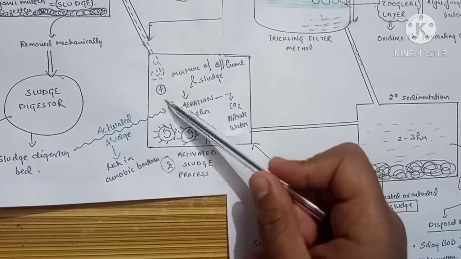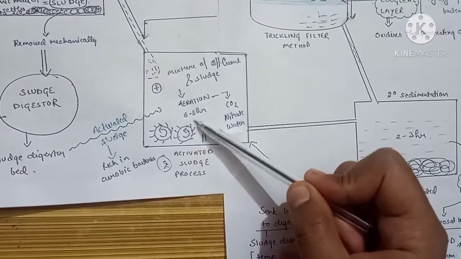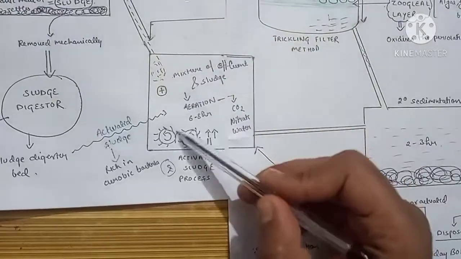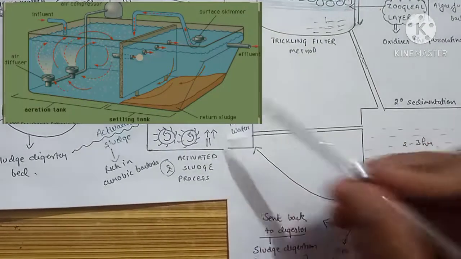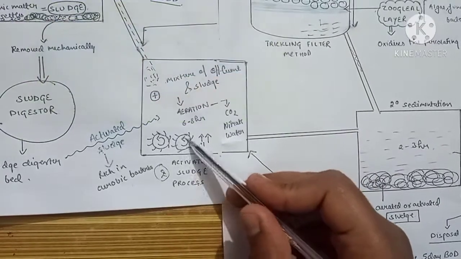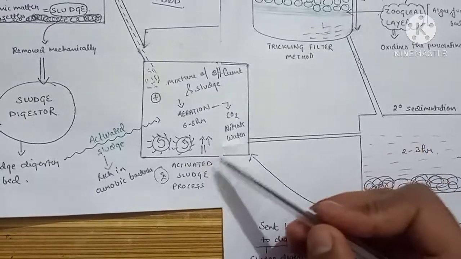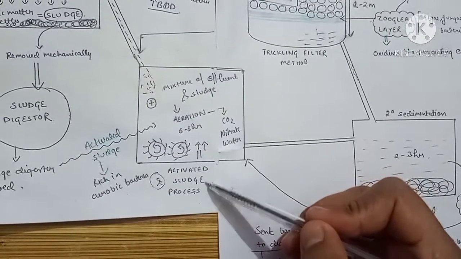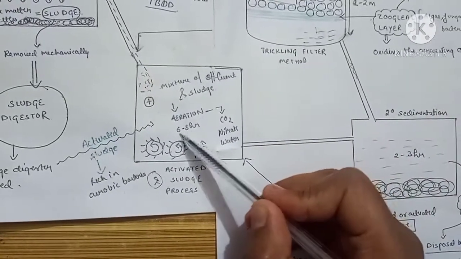And here the effluent plus activated sludge is going to stay for 6 to 8 hours, but not just stay. We have turbine-like structures that are going to aerate the air inside this box, that is the aeration tank. Either we will have turbines that rotate and provide air inside this tank, or we are going to have pressure pumps that supply the aeration. But somehow we have to maintain the aeration for 6 to 8 hours.